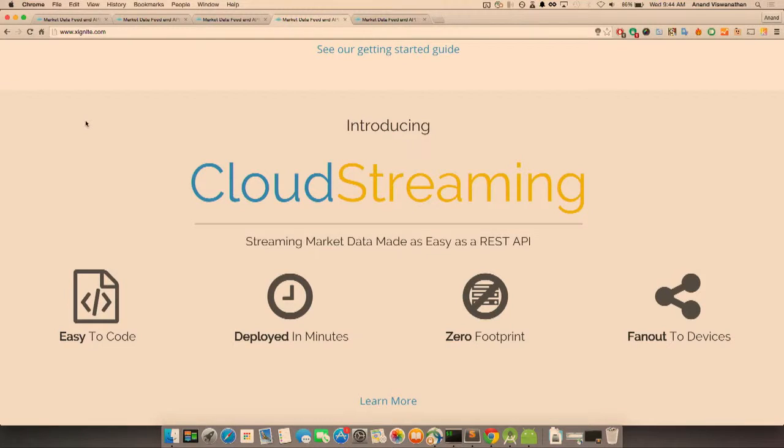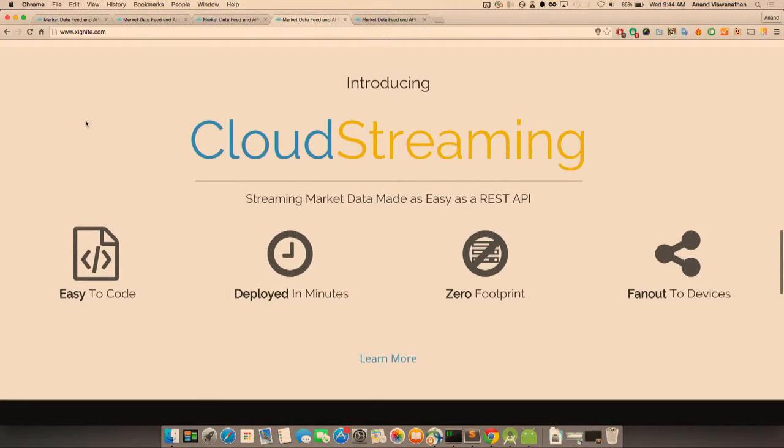So we're excited to introduce Xignite Cloud Streaming. Cloud streaming is a set of super simple APIs that let you implement streaming in your applications in minutes. But the most important thing is that it entirely eliminates the need for infrastructure. We can directly stream market data to your mobile users or to your web users.